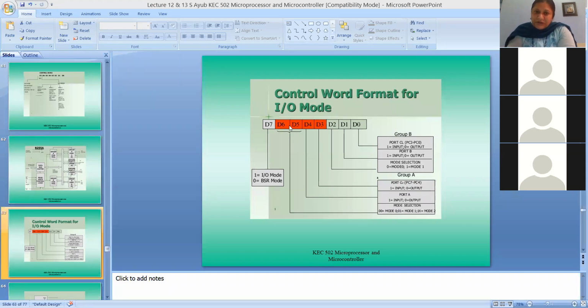To tell the 8085 microprocessor that 8255 port A is this, port B is this, port C lower is this, port C upper is this, or whether you are using BSR mode, etc., you have to first define this particular control word, and this control word should go to the control register of 8255. So there should be some address for the control register, some address for port A, some address for port B, and some address for port C. Port C lower and upper both have the same address.